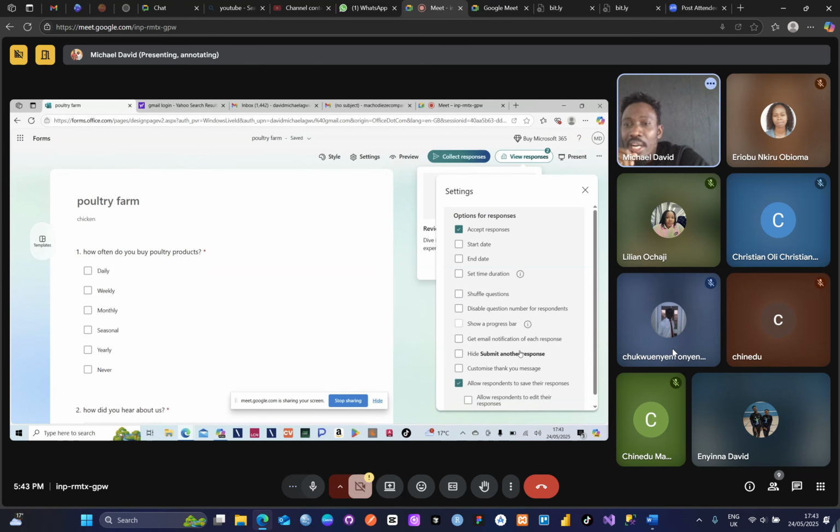Then there's disable question number for response, where you can disable some questions and the question number. Then you can see and show a progress bar. Then the one I am getting to is where they say get